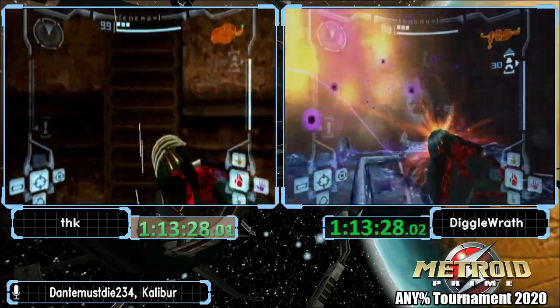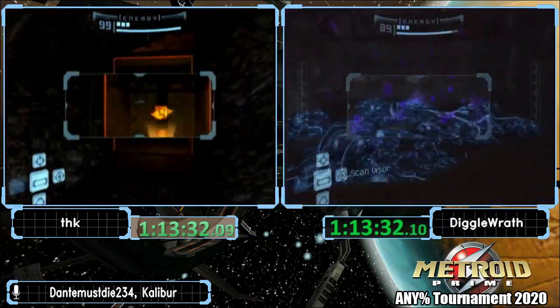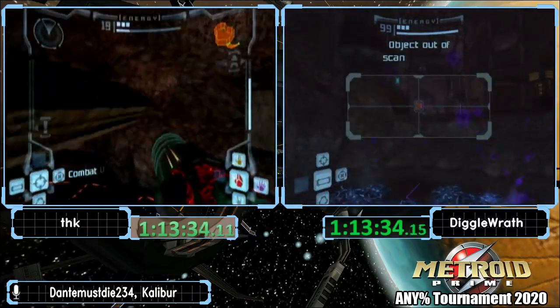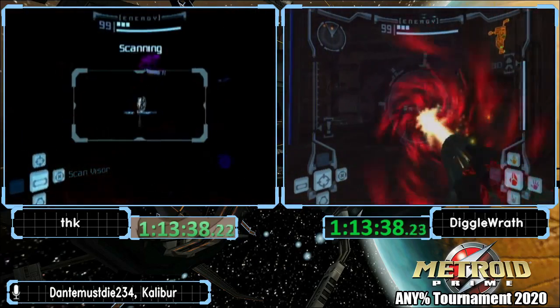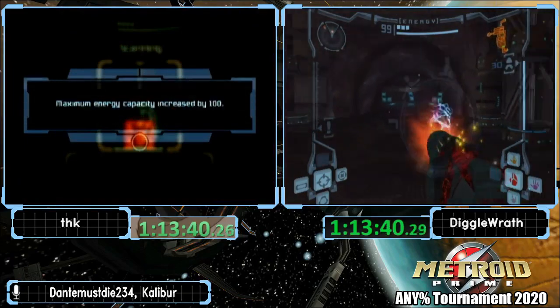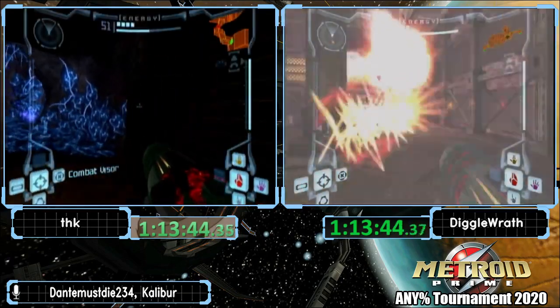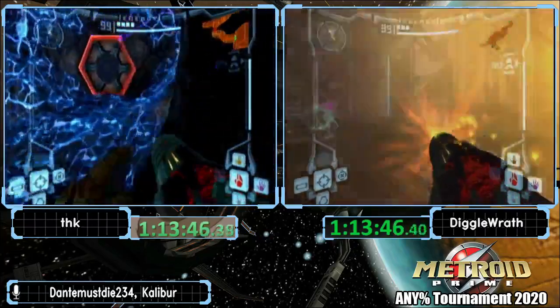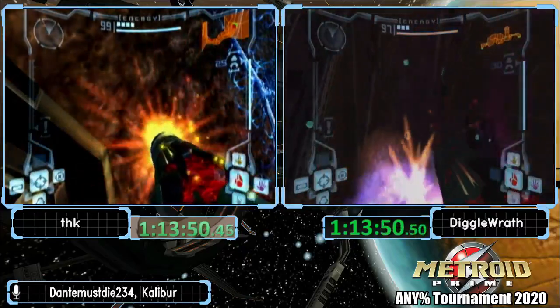Looks like THK probably practiced lower mines a lot at some point. I think Diggle probably also has some nerves. Probably. I would have some nerves. Oh, I would have a bunch of nerves. I'm not good at lower mines. Oh, I'm not looking forward to having to do exo skip while also nervous. I can't imagine how Hazel felt